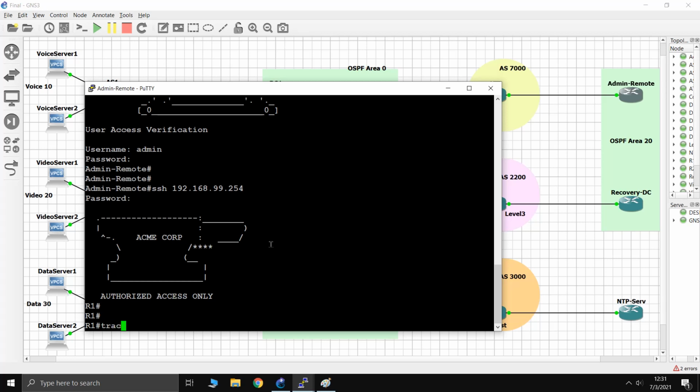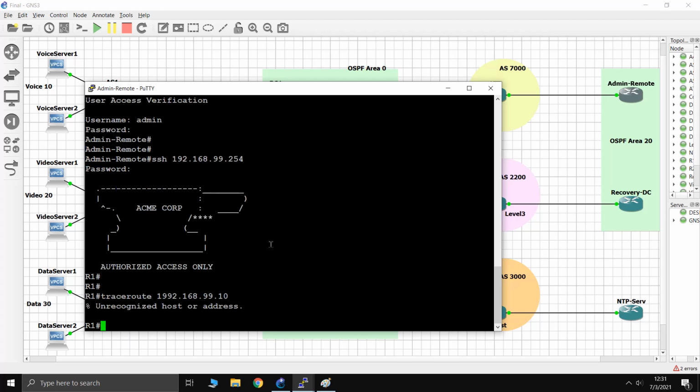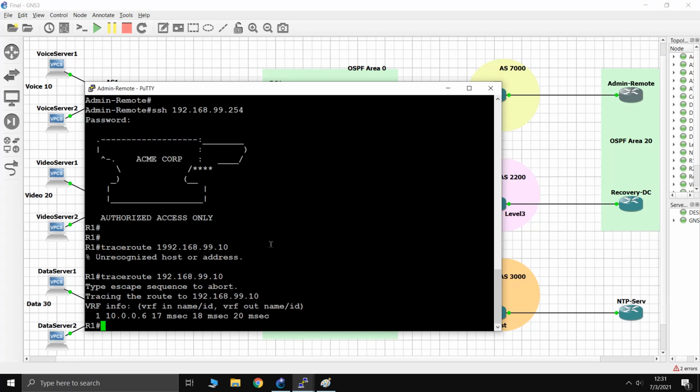And let's trace route to 192.168.99.10, the management address on recovery DC. Oh, 1992 is not even close to 255. I will see that it goes through this 10.0.0.6 and is immediately there. And that is because,